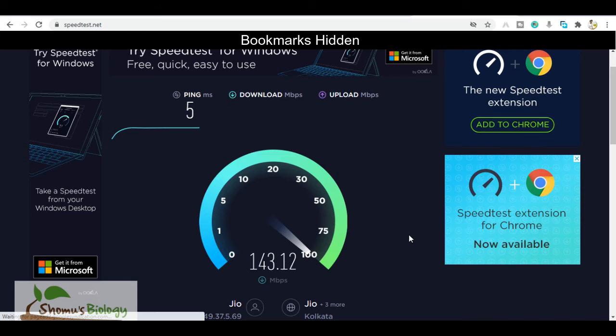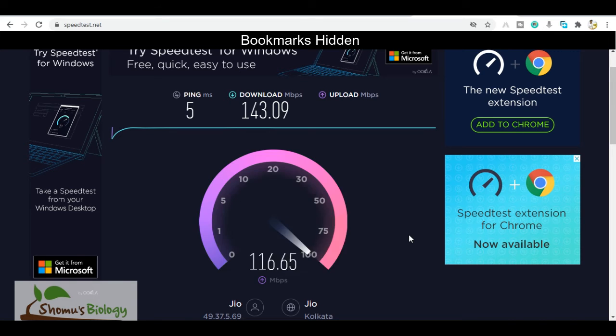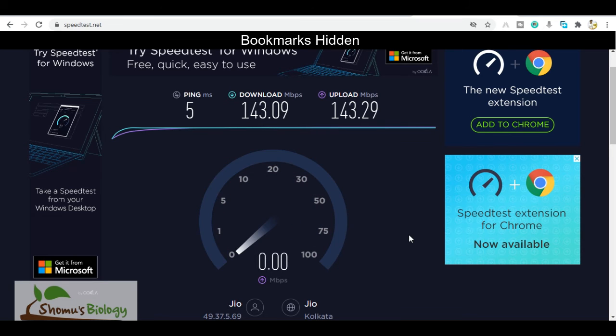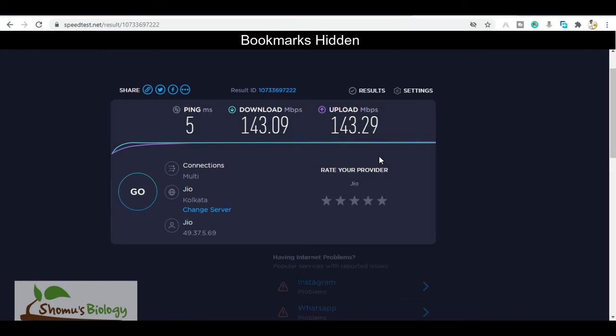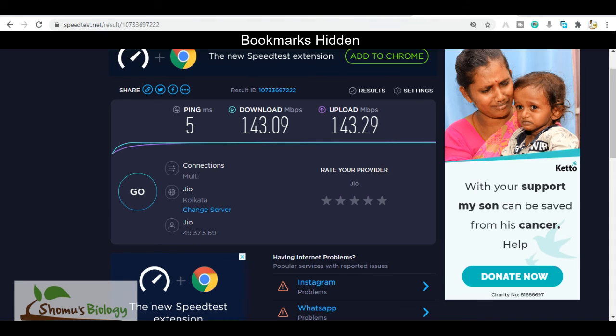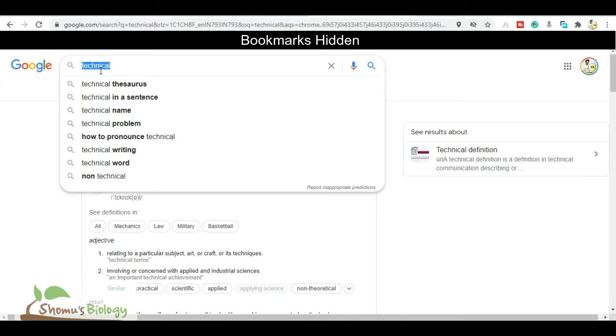You can see this ping is very important. 5 millisecond is good; the lower the value the better it is. If it's 20 or 30 or 70 or 120, that's not good, but less is better. And for download speed and upload speed, the higher the better. In my case it is around 150 Mbps. It's 143 at present, and upload speed is also 140 Mbps currently. Okay, so this is the kind of speed that I'm having. I'm running optical fiber internet, and that's giving us around 143 download and upload speed with 5 millisecond ping.